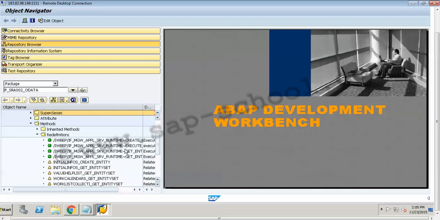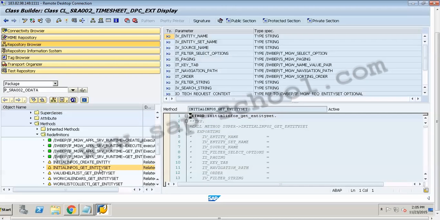If I go to my GET_ENTITYSET and double click on this method, I'll be able to see the details of this method here. So this is my GET_ENTITYSET method. We can review these methods which exist in my redefinition area. This way we can check all the operations which are invoked by this method, this class.